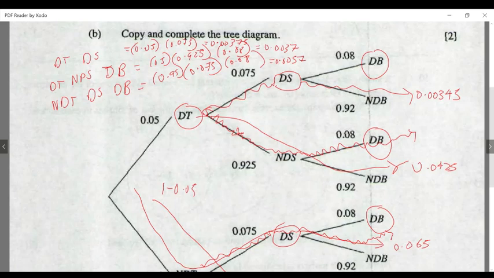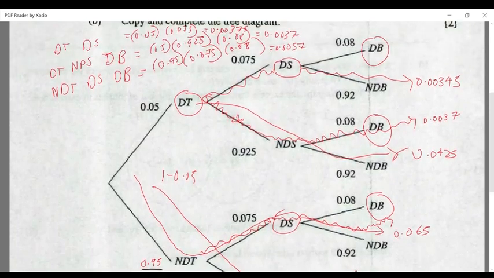Again 0.05, but we will go the other way. So now it's 0.925. And then to finish, we'll go up here. So then it's 0.08. And we end up with 0.0037. The last route we can do is ndt